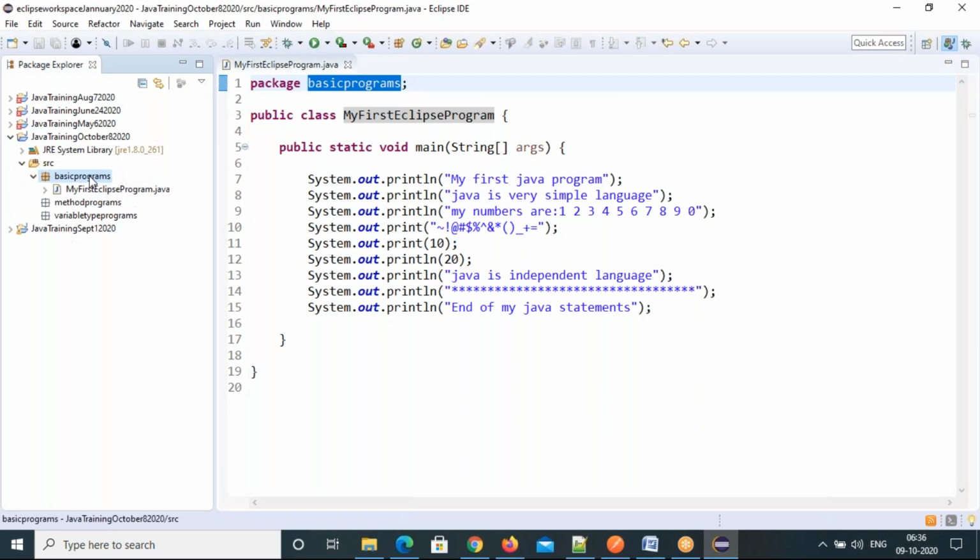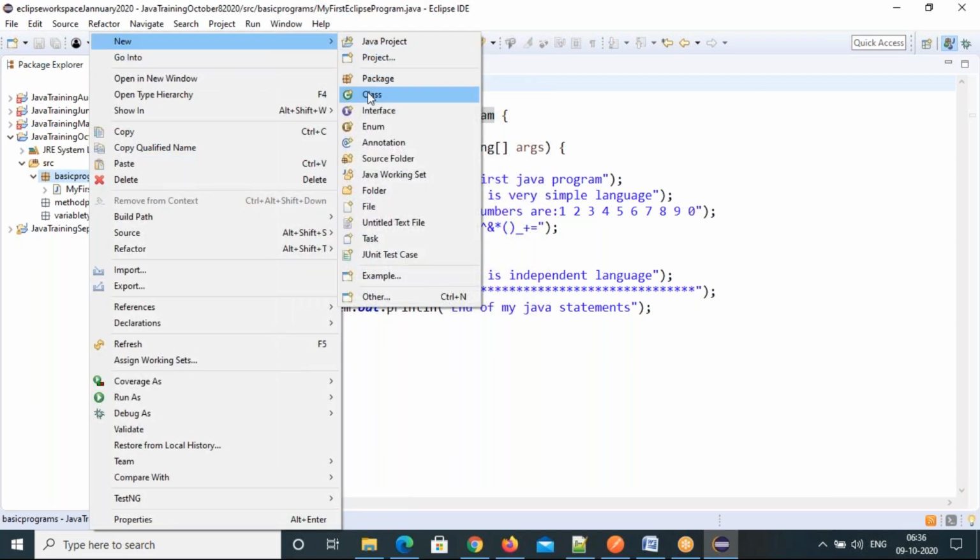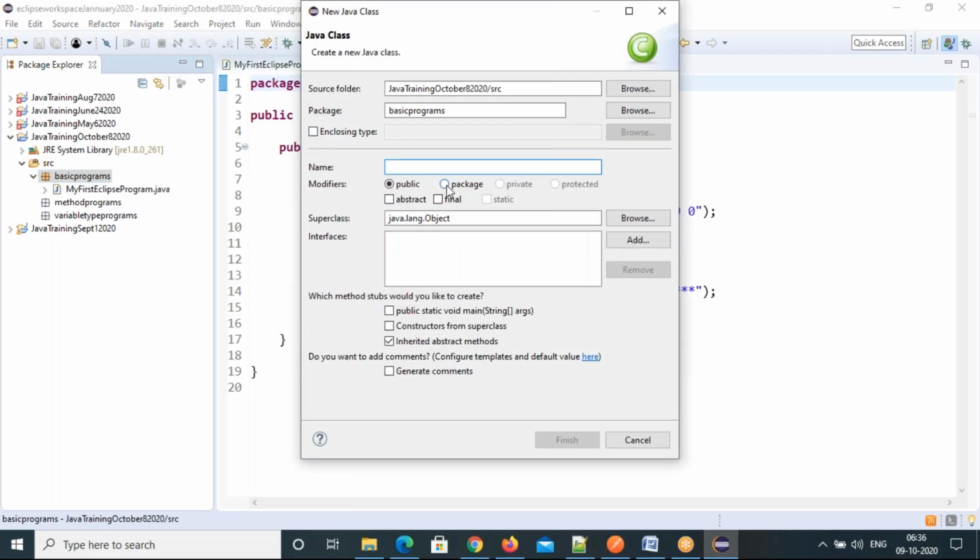Right click on the basic programs, new class. I can select this, sample test. Take the main method. I'm selecting a different access modifier now, that is the package access modifier.